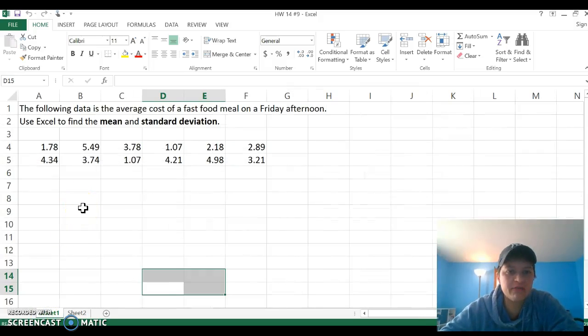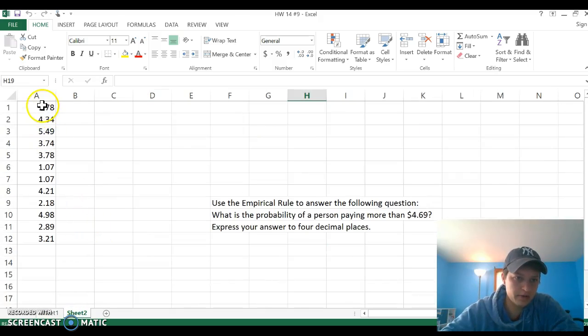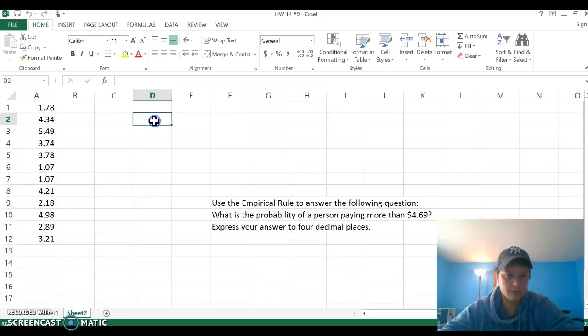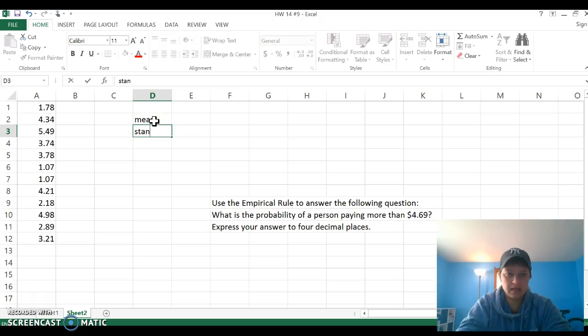The following data is the average cost of a fast food meal on a Friday afternoon. Use Excel to find the mean and standard deviation. So we have 12 values here. I put those 12 values in a vertical line, and I'm going to use that to find the mean and